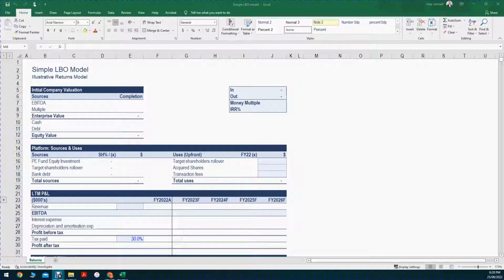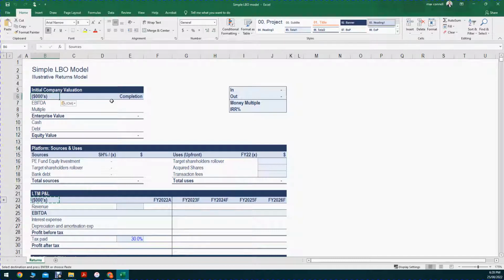All right, so now that we've been through how a simple LBO model works, let's actually go ahead and use a practical example and start filling out some of this information. So in this scenario, we're going to assume this company has an EBITDA of,